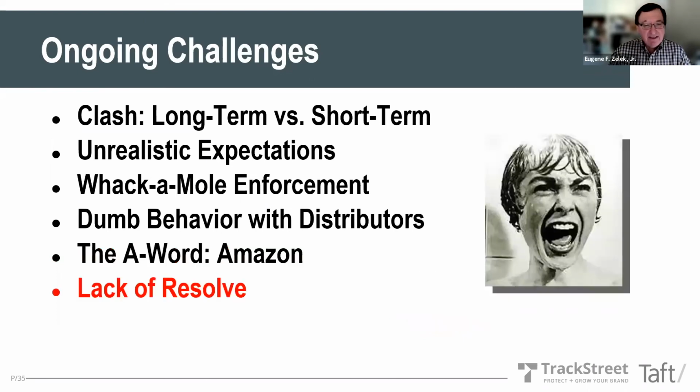Lack of resolve. That is companies that put these policies in place with the best of intentions, and then when push comes to shove, they just back off. The policy is going to fail, and it's not going to end well. Even if you're selective and you enforce against some people and not others, that creates some legal issues, but it'll become known that you just don't have the resolve and the policy will fall apart. It's better if a company doesn't have the commitment to not spend the time, money, or energy. Just don't go there. Try to solve the problem in another way.